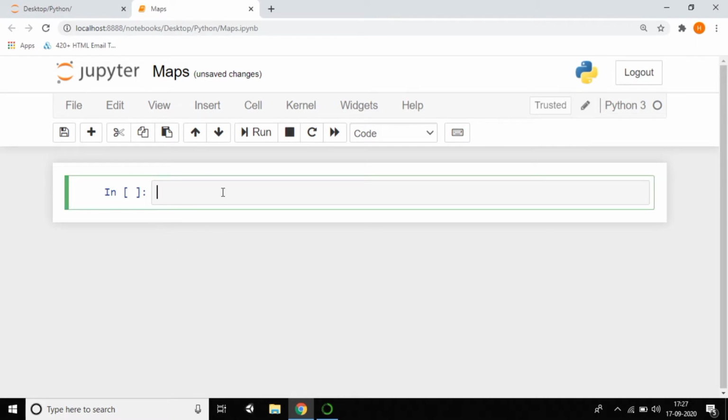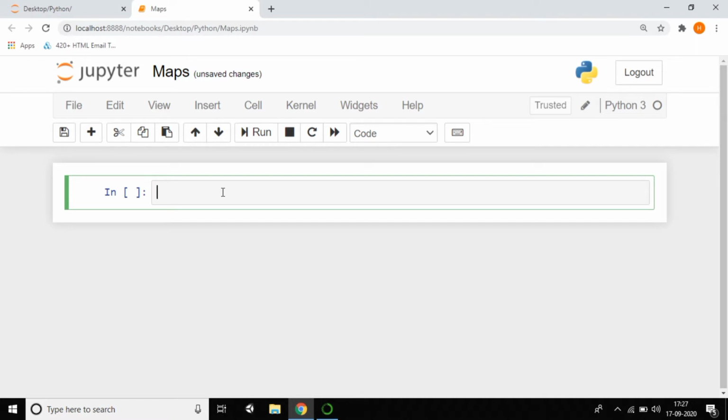So what is meant by map? It is a built-in function, already a predefined function in Python. We use that function wherever we want, depending on the scenario. I'll give a clear definition of map, where we can use it, and explain everything. So what is the definition? It gives the output, the result, based on a function applied to each item in a given iterable.